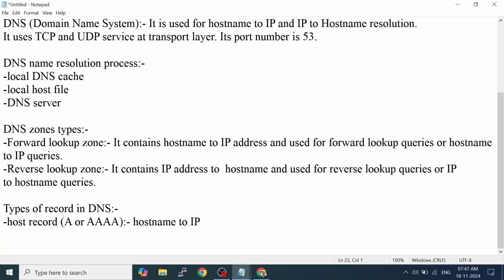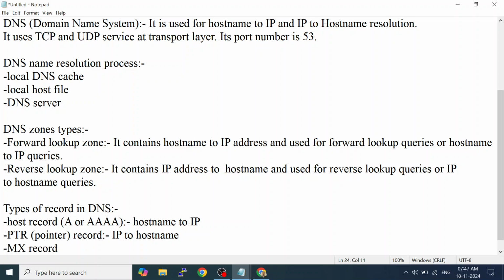Similarly, another is PTR. We say it as a pointer record. IP to hostname. Another is MX record.